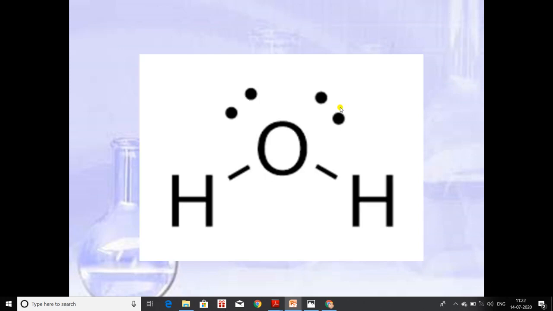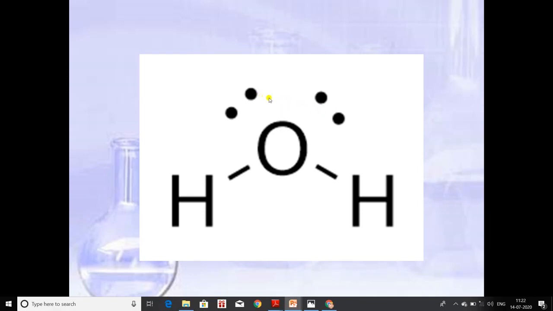Here we will take the example of the H2O molecule. When we draw the structure of the H2O molecule according to VSEPR theory, you will observe that there are two bond pairs, this one and this one, because these two are bonds, so they are known as bond pairs, and two lone pairs are present. One is this, the second one is this. So there is repulsion between lone pair and lone pair.